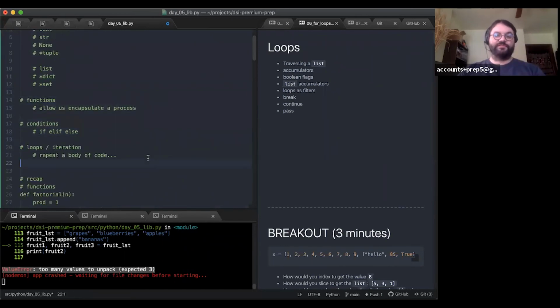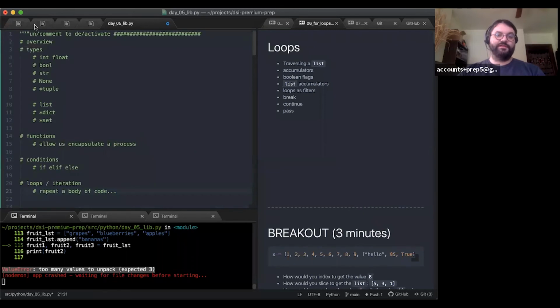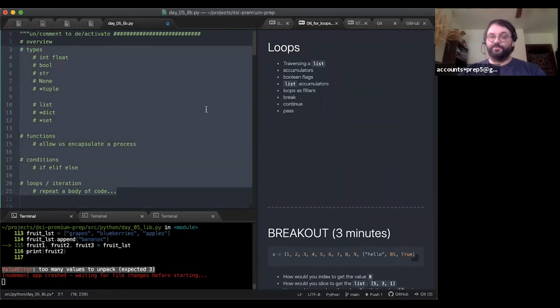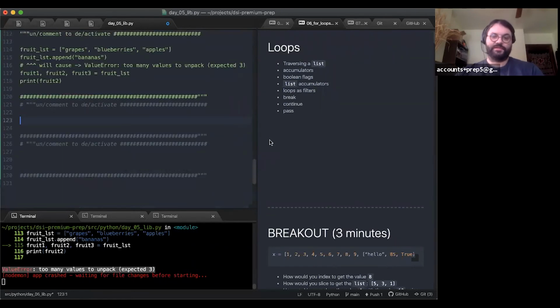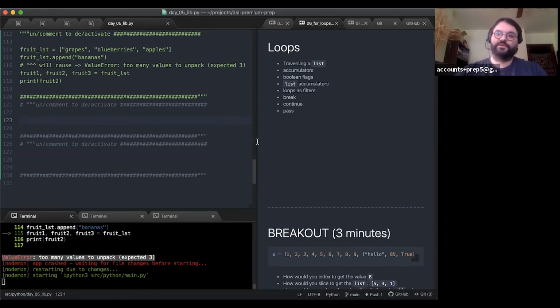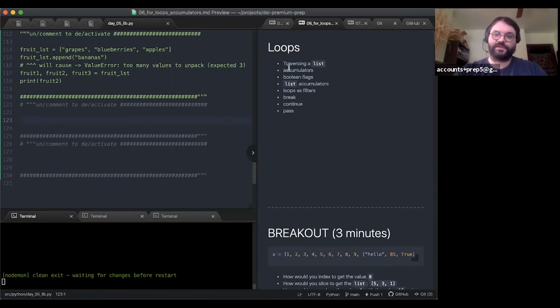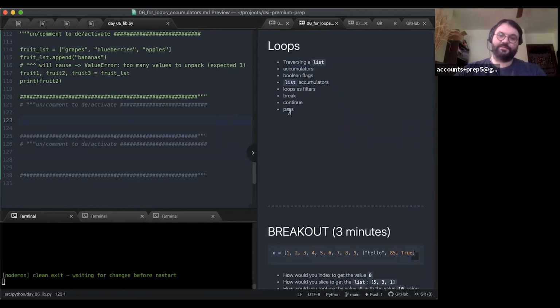So after today, you're going to have a simple but complete view of Python. You're going to have a complete tool set, not comprehensive, but you'll be able to do stuff. Okay, so loops. We're going to talk about traversing a list, accumulators, Boolean flags, list accumulation, loops as filters, break, continue, and pass.